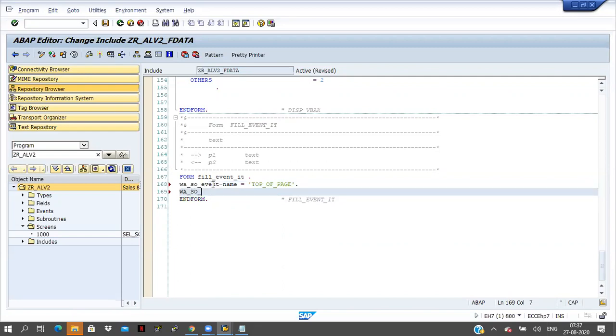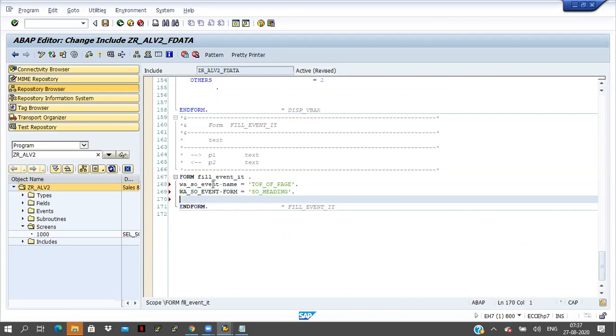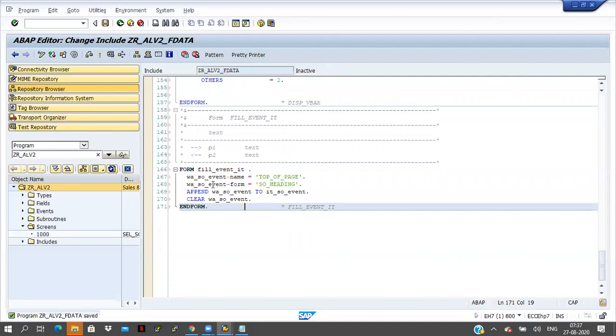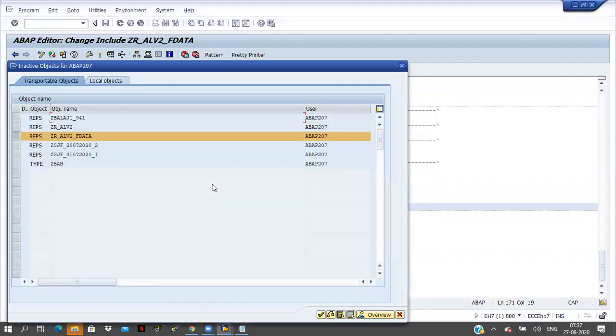Work area. So SO_event-form equal to, I am taking here something like SO_heading. Okay, SO_heading, and append work area SO_event to IT_SO_event, and clear SO_event. Shift F1, Control S, check, activate.